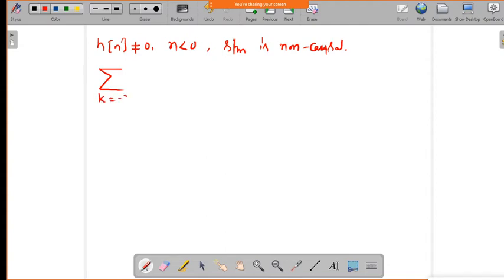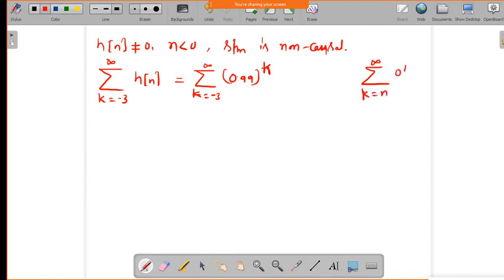It exists between minus 3 to infinity, which is the summation of h of n, which is equal to the sum for k equal to minus 3 to infinity of 0.99 power k. Since k is varying from minus 3 to infinity, we know the expression: if k is varying from n to infinity, and it is alpha power k,